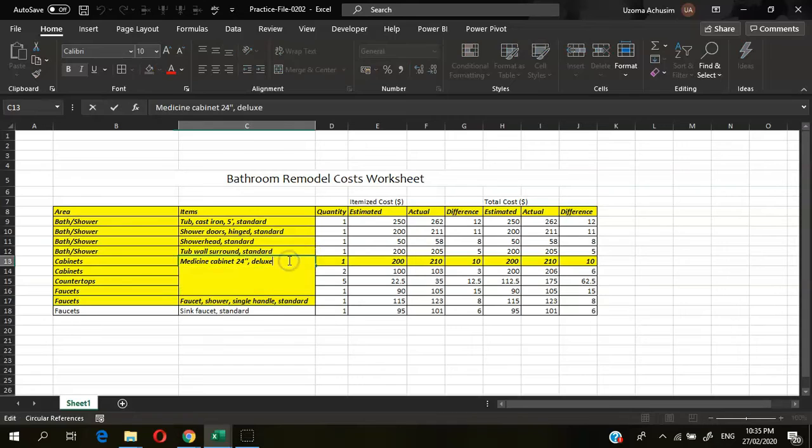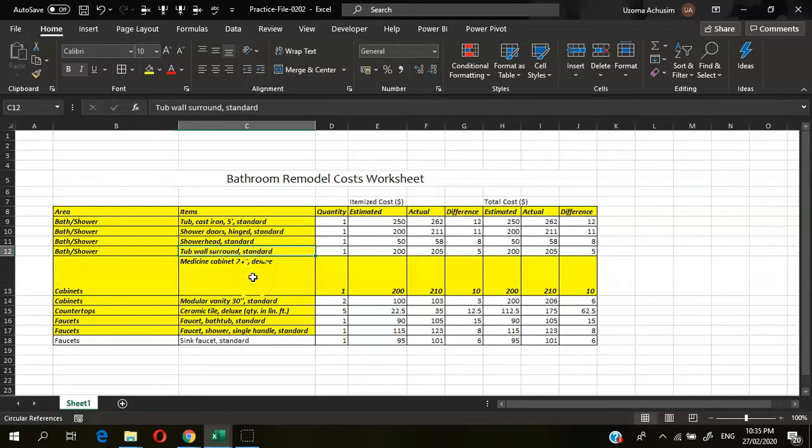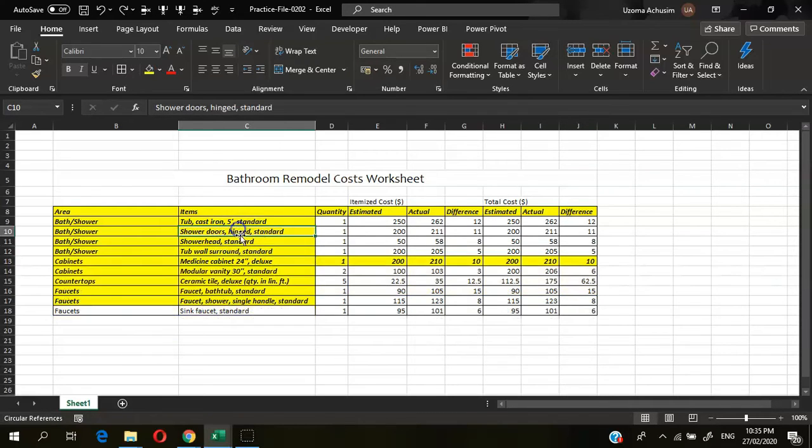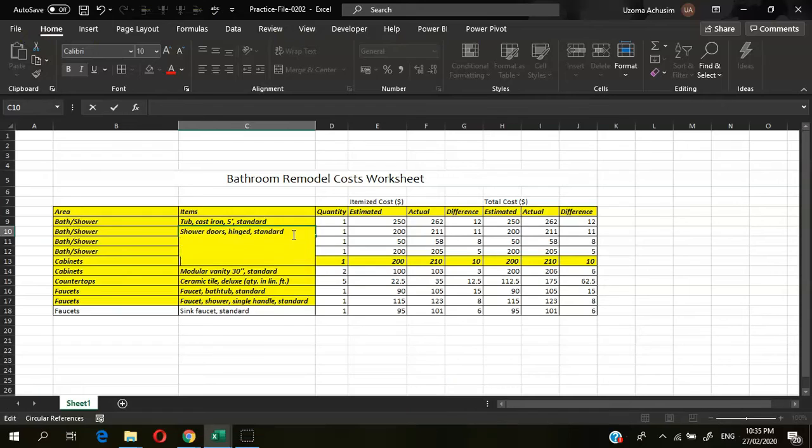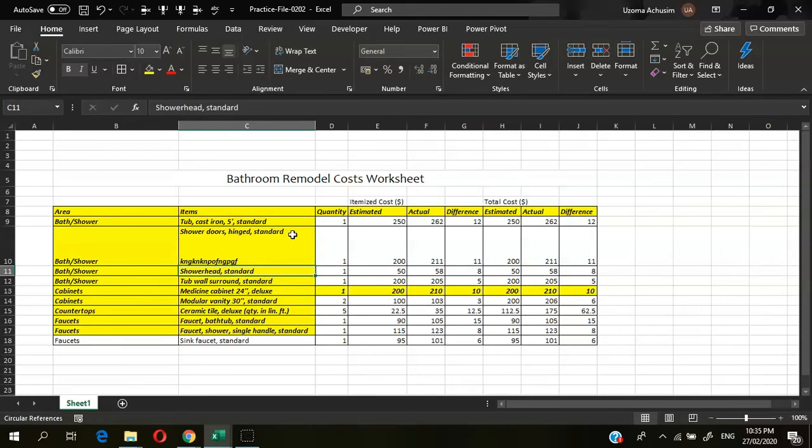You know, when you're typing some stuff here, no, let me not use this particular one because I've edited it already. Let's say you're typing something here and sometimes you want it to clearly go to the next line and you're asking yourself, what do I do? How do I work around this? Now that it's already in edit mode, you can edit this and do all the backspaces and all that. You could just hold down Alt and Enter, and it goes to the next line. Alt and Enter, it goes to another. Alt and Enter, goes to another line, and you can type whatever you want to type there, and that's it. It gives you what you want. Okay,